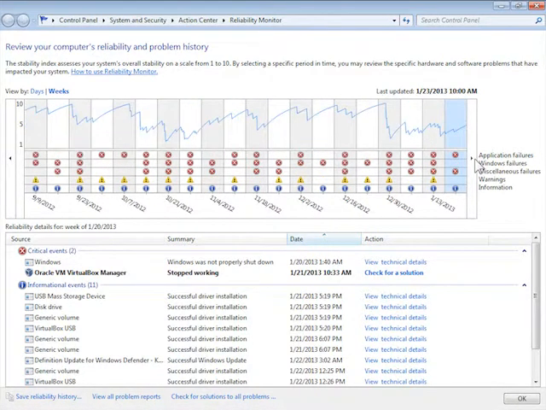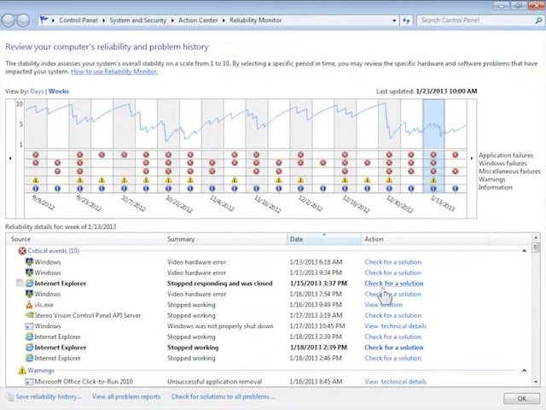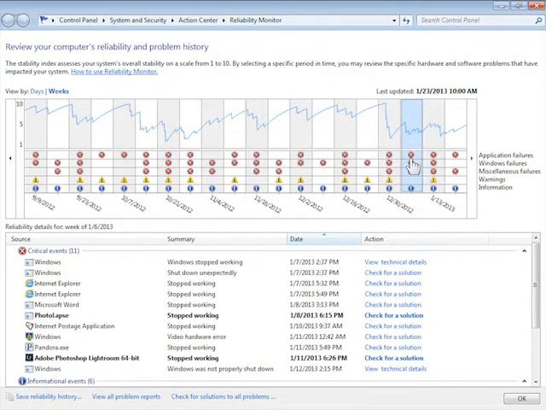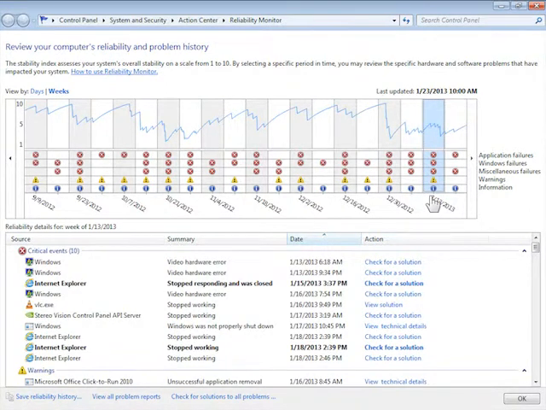So I find this terribly, terribly useful when troubleshooting problems. Here's the reason. If you're starting to experience random crashes with your computer, Reliability Monitor is a quick way to go back and see when these problems started. Now, if it's your own computer, you probably remember. You probably think, well, these things started to crash in the last week. I should look and see what I updated in the last week and maybe roll that back